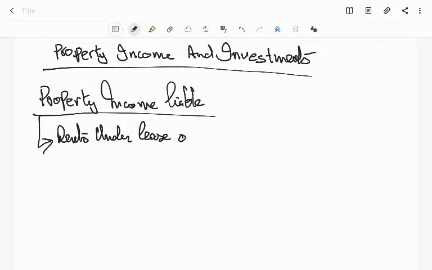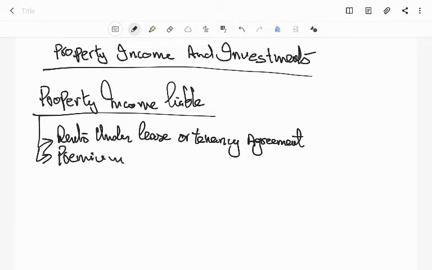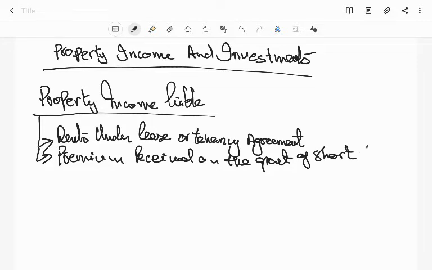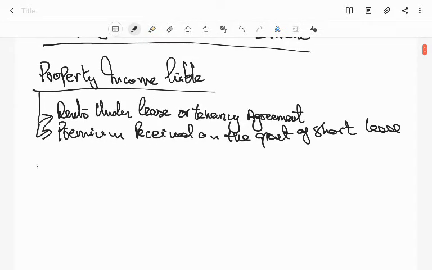Lease or tenancy agreement. Number two, premium received on the grant of a short lease. Right, now as far as the basis of assessment is concerned,